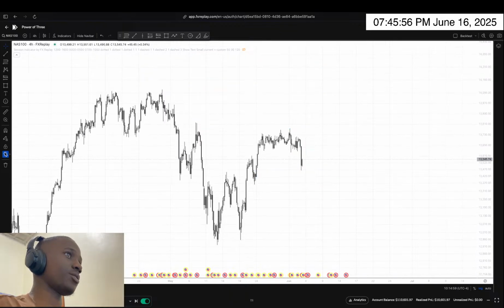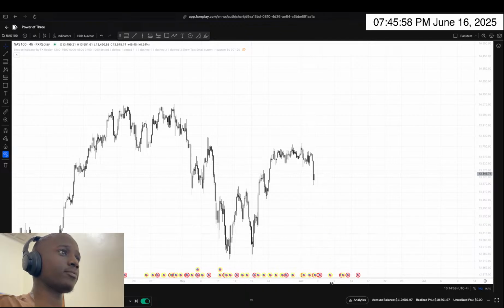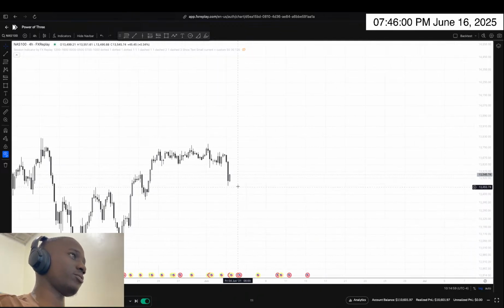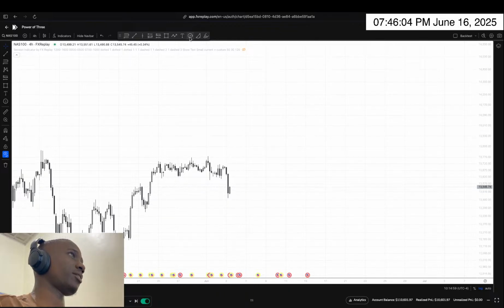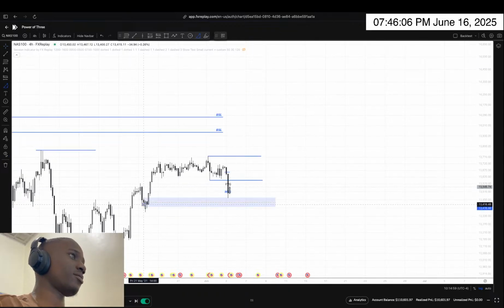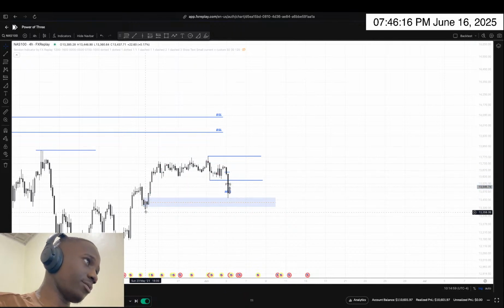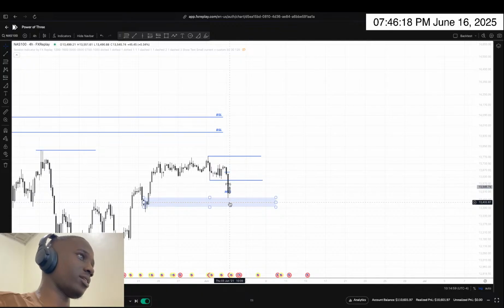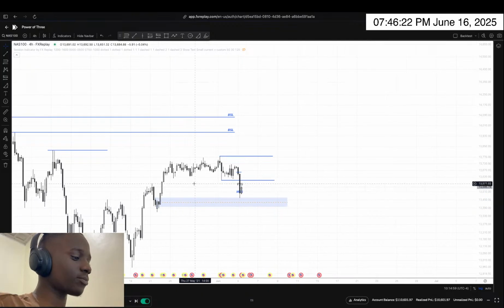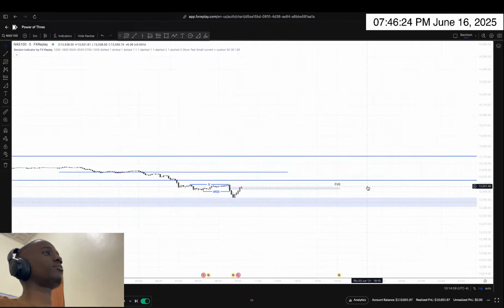Let's remove these drawings. So I'd like to see my trade continue to drop and fill this market maker model we see here, as we have a real push to the upside, consolidation, then the drop. So maybe you would like to fill this or even take out this low, but we can at least reach the middle point. So going back to the 5 minute now.